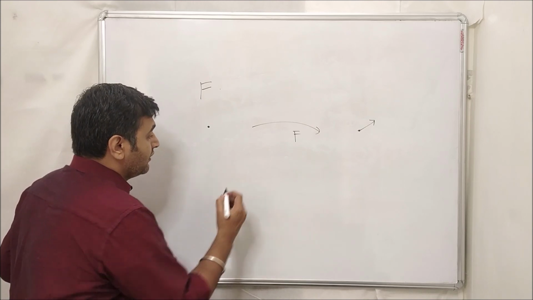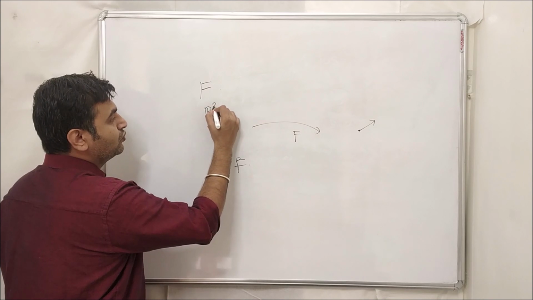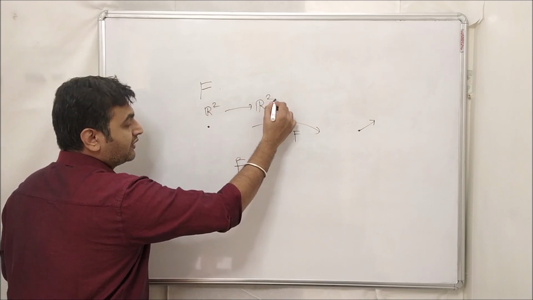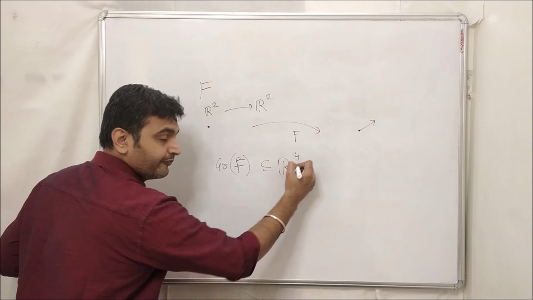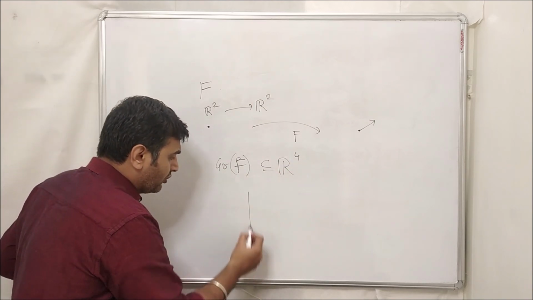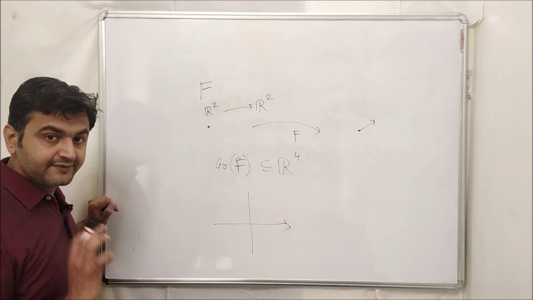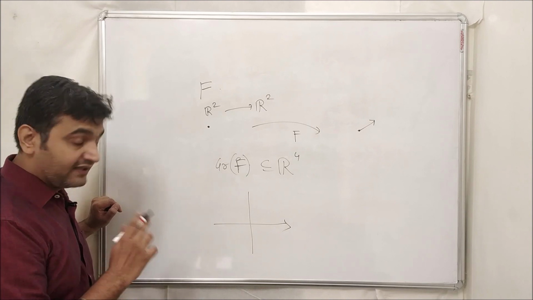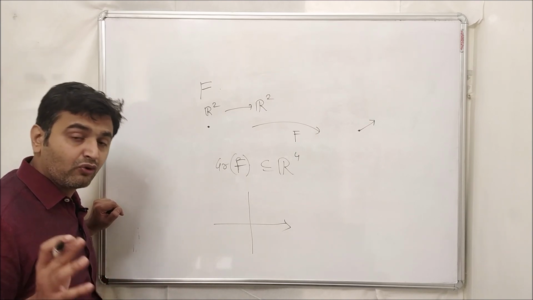Now before that, we know that in this case, if you have F from R2 to R2, then the graph of F lies where? It is in R4, but you cannot imagine that, right? So what we do is we plot in one figure only. In one figure only we plot the vector fields. Okay, and how do we do that? Let's see that. But before that, let's see some examples of vector fields that you have already seen.